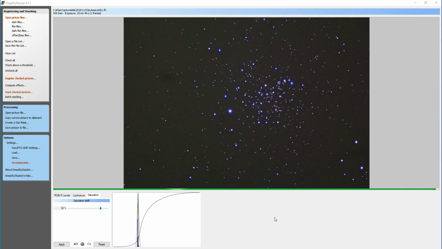So, I hope this tutorial has been of some use to you, and I'm sure you'll be able to process your own images like an expert quite soon. So, have fun with